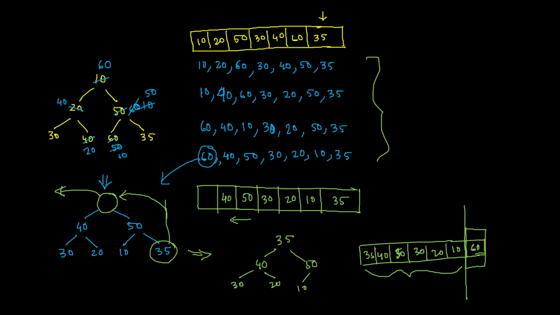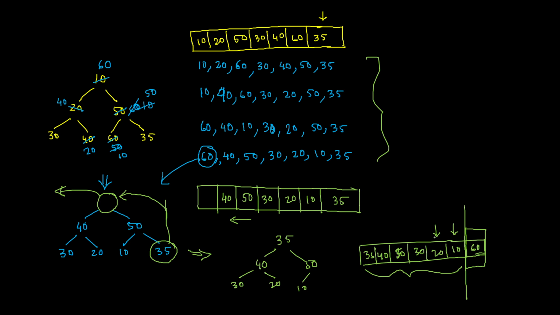So the question is, from where will I start? Yes, we will start from the last value again, as we have seen over here. So we will start from here and we will check its corresponding parent. Its corresponding parent is 50. And you can see this is following the rule of a max heap, so there is no issue. I don't need to change anything over here. So I minus minus. That means next time I will come here.